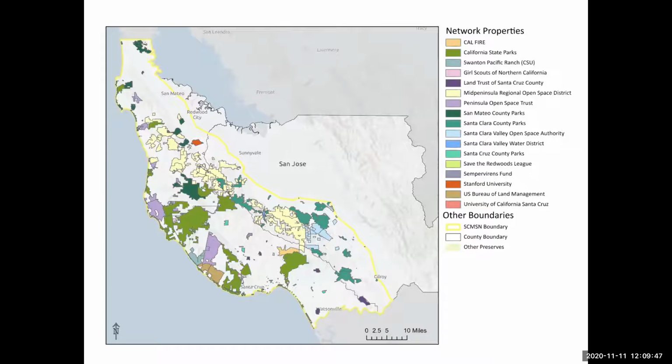There are other network members too, like the Amamutsan tribe, who don't technically own any property, but of course, their territory covered a lot of this region historically. And they work with a lot of the different members stewarding land. Also, we have CAL FIRE, who is responsible for all the forested and wildland areas. And we have the resource conservation districts that help private landowners steward their land.